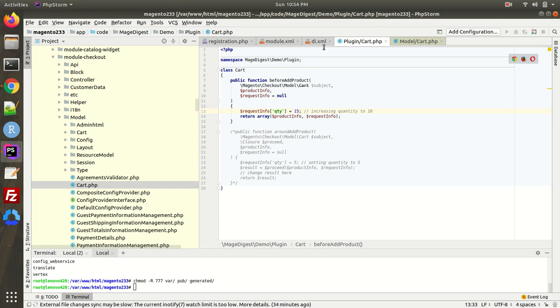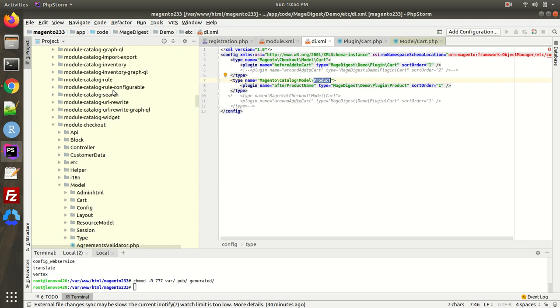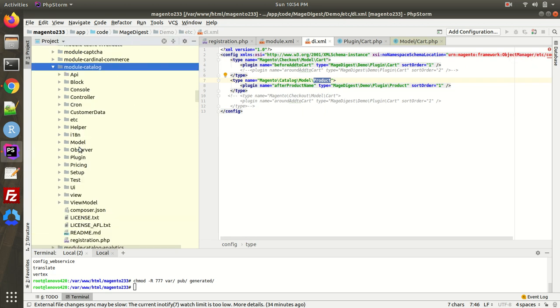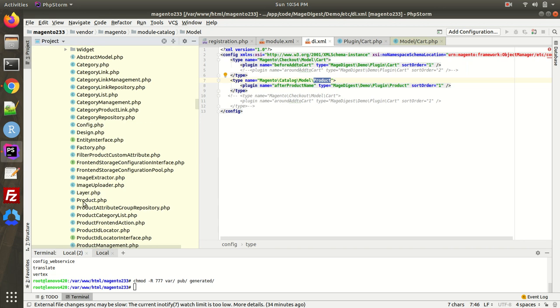Now we will see the after plugin. As you can see, this is a separate observed method, that is Magento catalog model product. Let me go to this module catalog model and search for product.php. So this one.